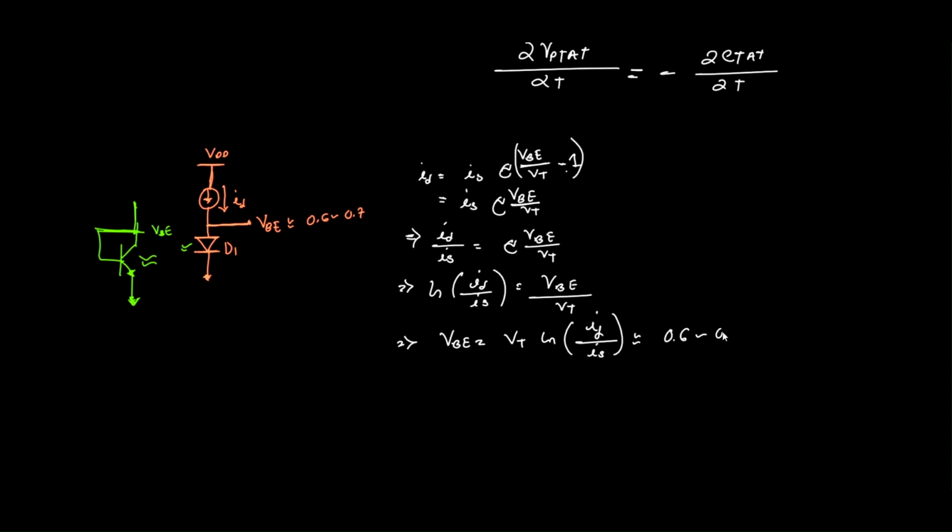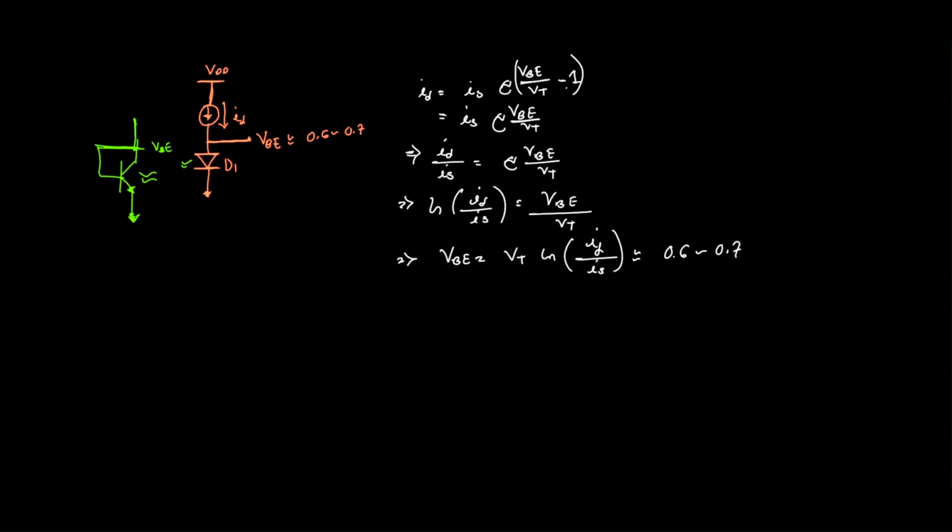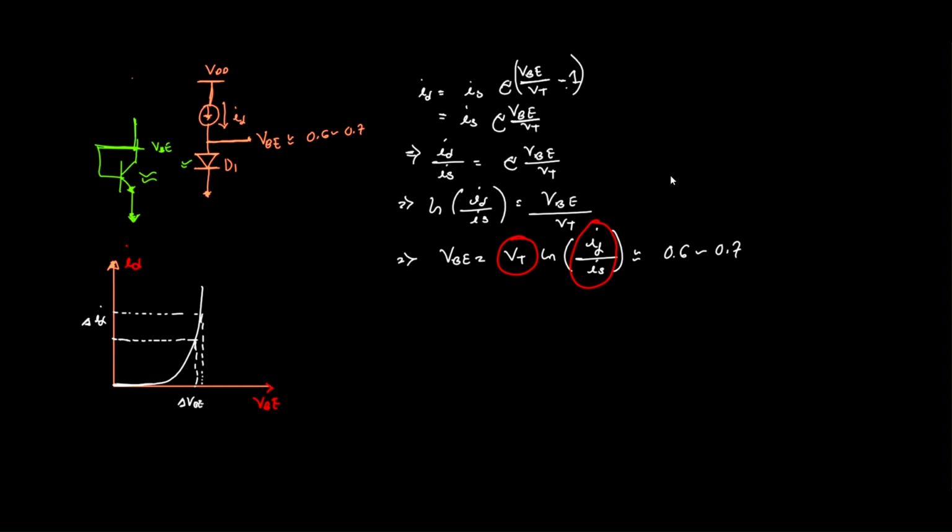So here are two terms. One is VT and the other term is ID by IS. And our aim is to find these two types of voltage. One is CTAT, another is PTAT. So if we look at this term first, this VT,